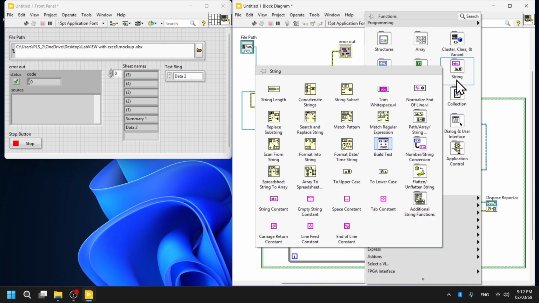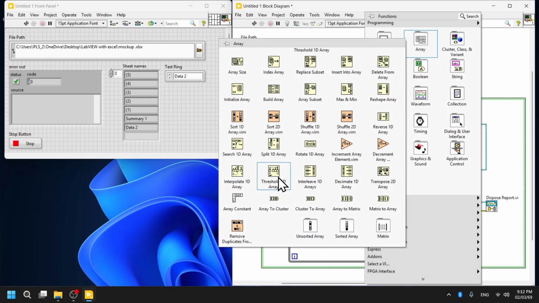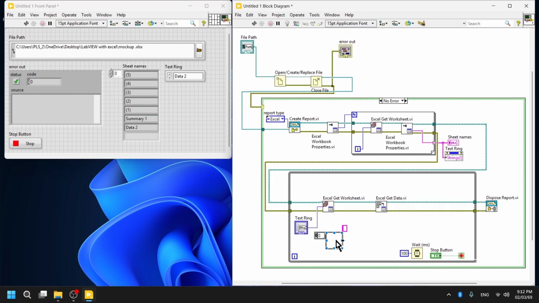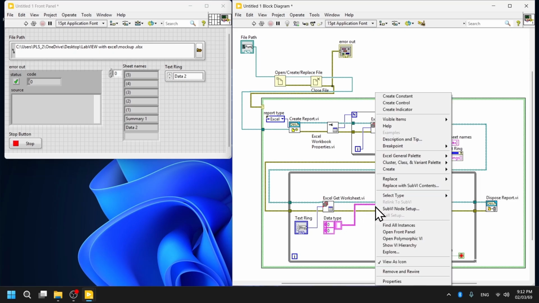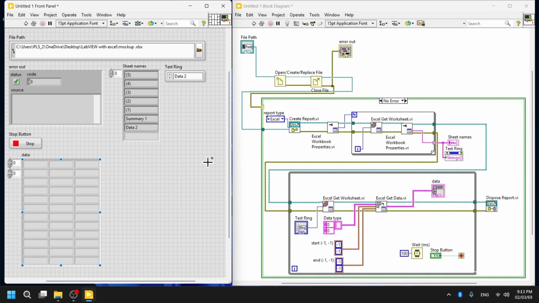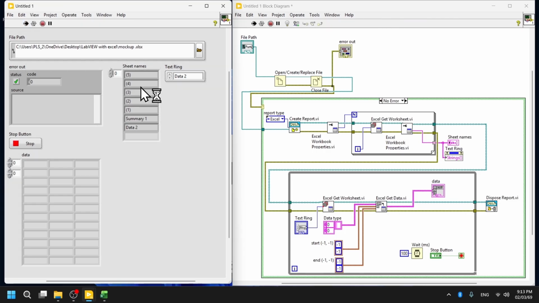In the video, I set the data type to a string array. This is to read all the data as text first. If you need to calculate these values, you can change the text into numbers later. The start and end inputs set the first and last rows and columns of your data. For the first run, I set all start and end values to -1.